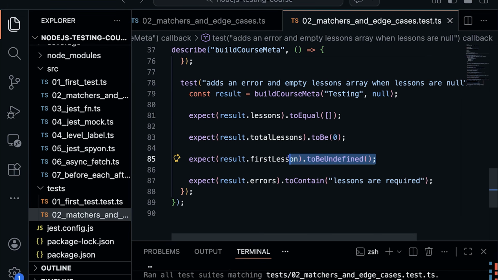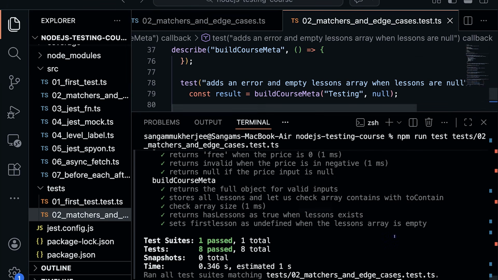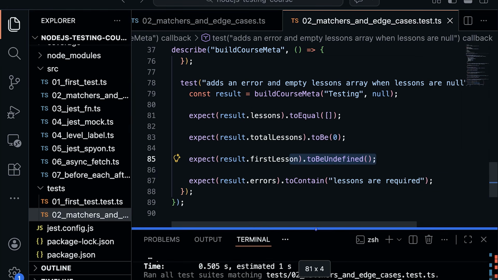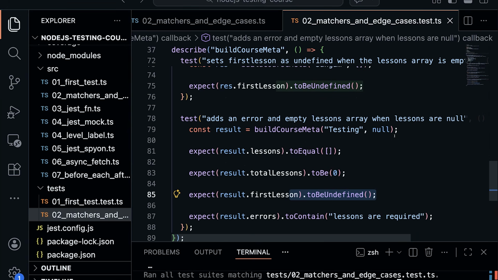The first lesson will be undefined, and lessons are required in your errors array. If you run this now, this is going to pass. Alright, so I hope this is clear. This is what you need to do, this is how you are going to handle different kinds of edge cases, and how you can make use of